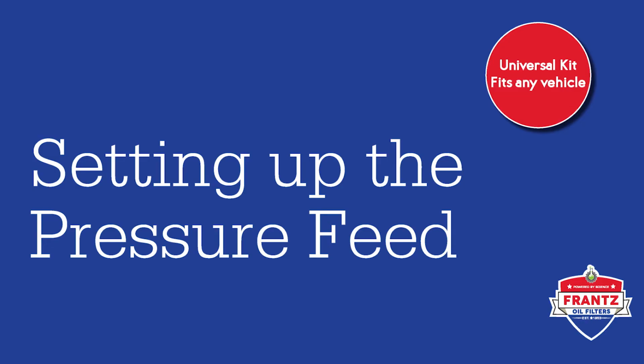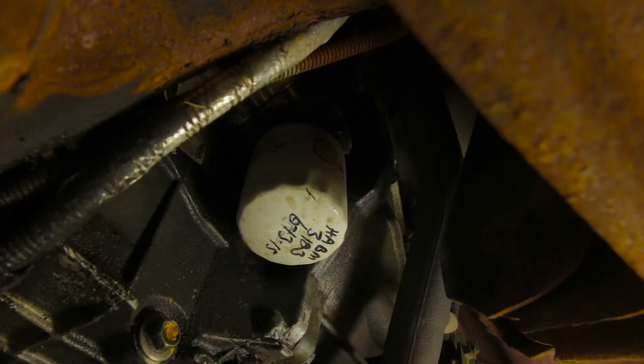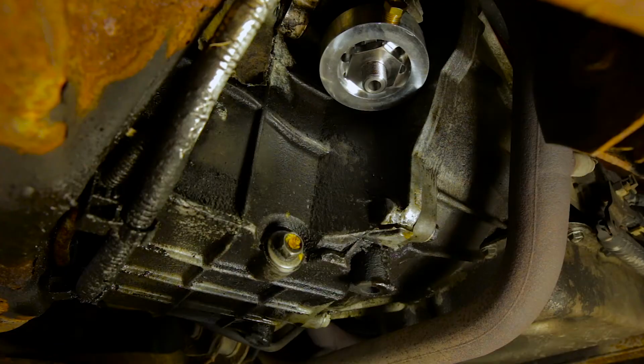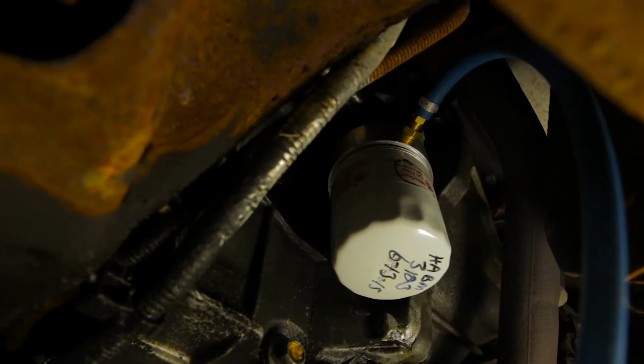There are several ways you can retrieve the pressure feed. For this installation, and the majority of universal kit installations, we're using an adapter ring between the spin-on filter and engine block. To install this, remove the existing spin-on filter and place the adapter ring gasket side down. Tighten the retaining nut onto the original threads. Screw the 1/4 inch to 1/8 inch bushing onto the side of the adapter ring and insert the male hose fitting